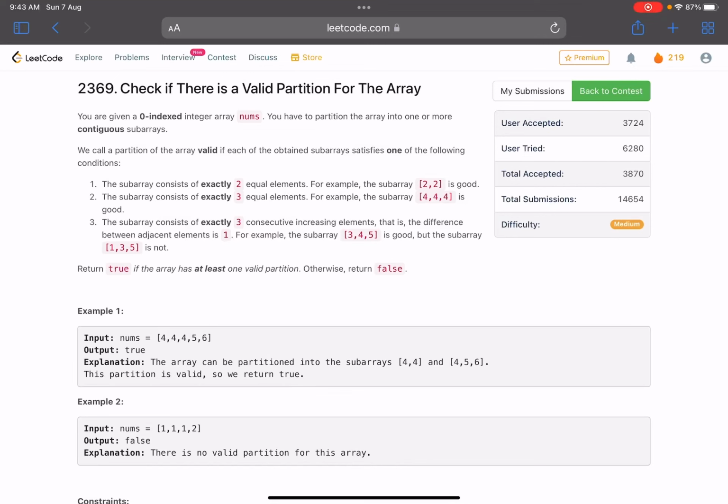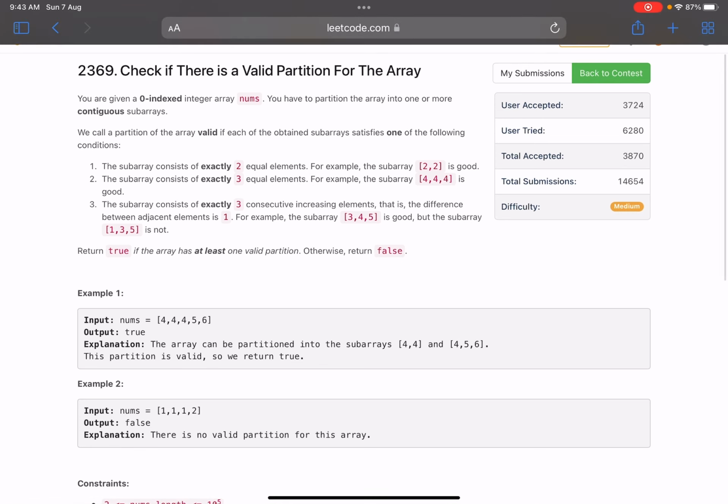In this video, we'll discuss the third problem of LeetCode Weekly Contest 305. The problem name is Check if There is a Valid Partition for the Array. So we are given a zero-indexed integer array nums and we have to partition the array into one or more contiguous subarrays. Now we call a partition of the array valid if each of the obtained subarrays satisfies one